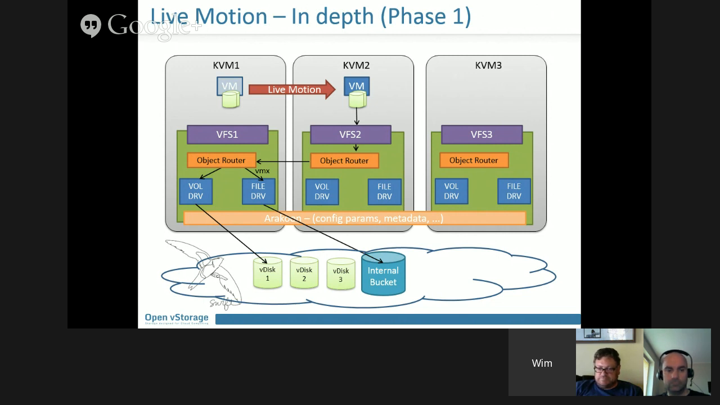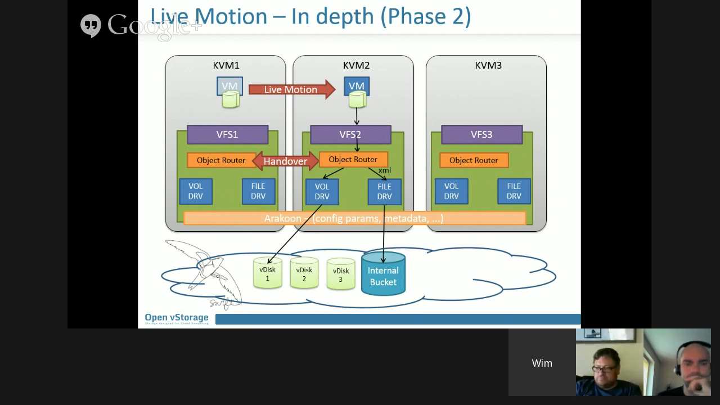Now, of course, we know that this is not a situation that can be sustained. If you have to transfer all the read and write requests from one KVM host to another KVM host, that's going to be a problem in the end. So once the live motion is done and the threshold of I/O has been surpassed on the virtual file system 2, so you have more than X requests on the virtual file system 2,